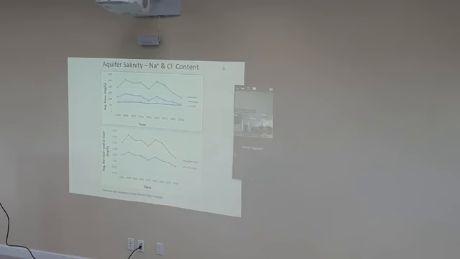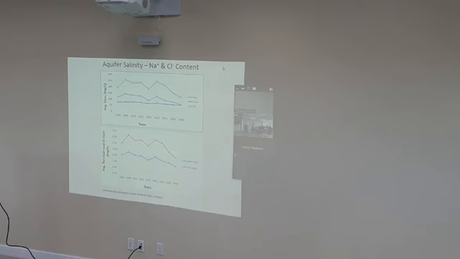Not only that, but the peaks in those levels occurred shortly after the two hurricane events in 2004 and in 2012. And so what we concluded from that is that,